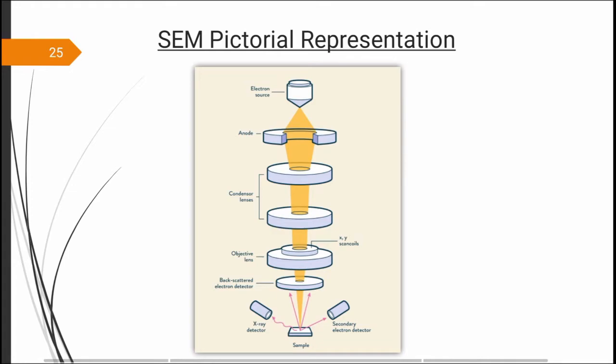In this figure, as you can see, to obtain a higher resolution image, an electron source emits a stream of high energy electrons towards a sample. The electron beam is then focused using an electromagnetic lens. Once the focused stream reaches the sample, it scans its surface in a rectangular raster. Then the interaction between the electron beam and the sample creates secondary electrons, backscattered electrons and X-rays. These interactions are captured to create a magnified image of that sample.